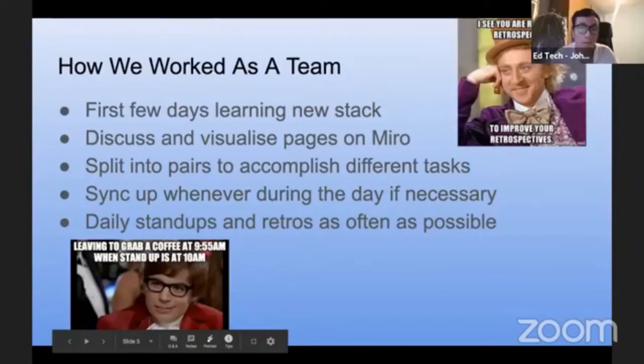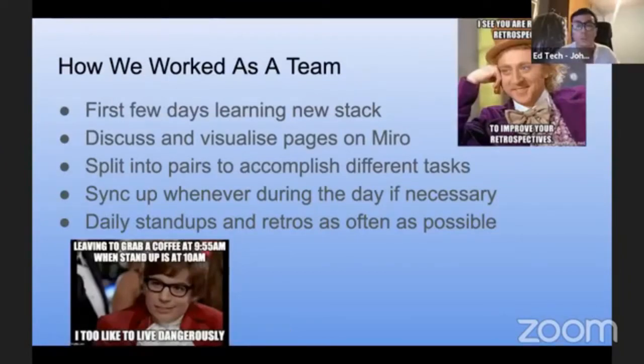Thanks, Ollie. So I'm going to talk about how we worked as a team. In the beginning, we, as the group, discussed what objectives we wanted to achieve during the project. We wanted to build a functioning app and also learn the new stack. So we agreed in the beginning that we'd spend a few days learning this new tech stack and following tutorials. And once we got the hang of that and had a basic understanding of both React and Express, we decided